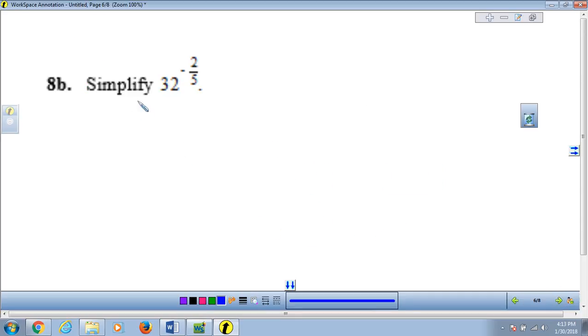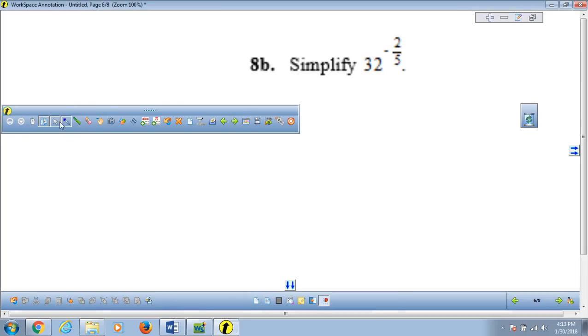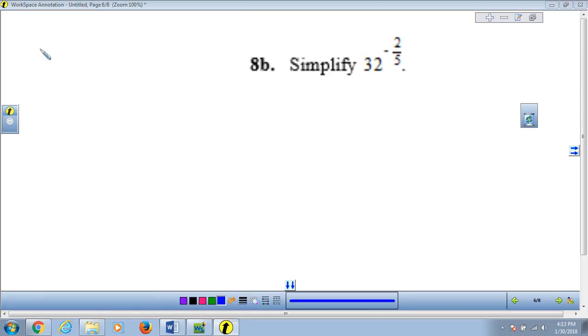Next problem is simplify this. Okay, so there's 2 rules that I need to make you aware of before we attempt to solve this problem. So let me move this a little bit here. So these 2 rules are the following. One is something very similar to what you did in the previous rule. You could rewrite this as a radical where the 8 goes inside, the n is going to be the index, and the m is going to be either the exponent inside, or remember that you could also rewrite this